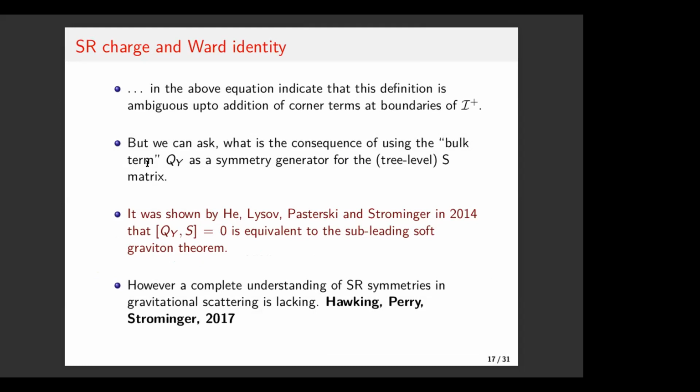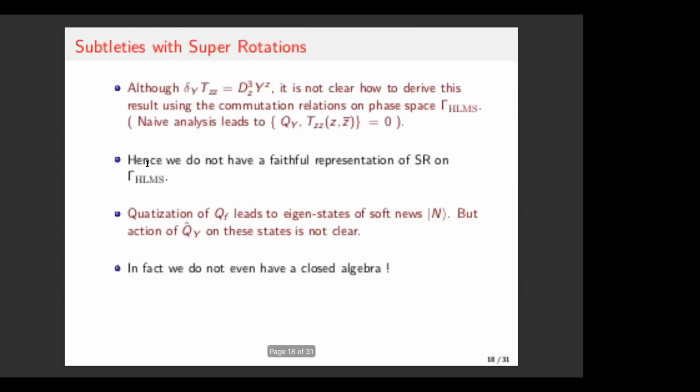But of course, it has been recognized for many years now that the complete understanding of superrotation symmetries in gravitational scattering is lacking, for the following reasons. So I'll just list some of the subtleties with superrotation. One is that we know from the spacetime perspective that superrotation shifts the gauge tensor, but it's not clear how to derive this from